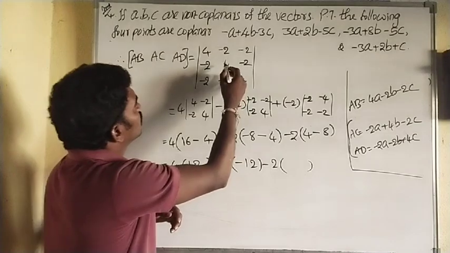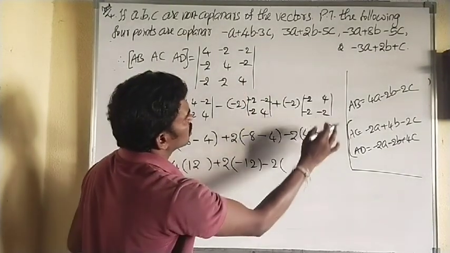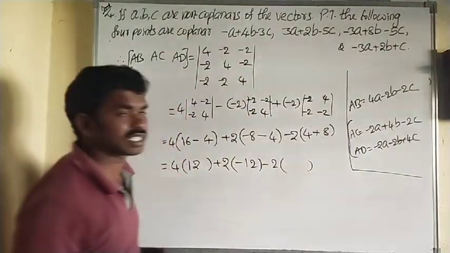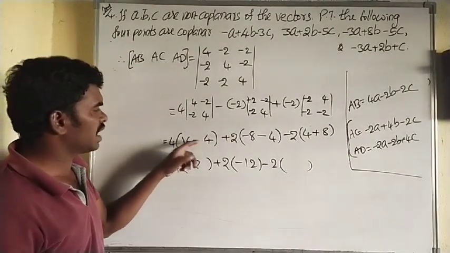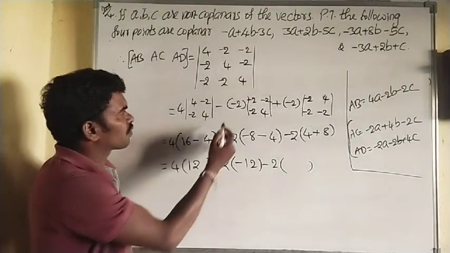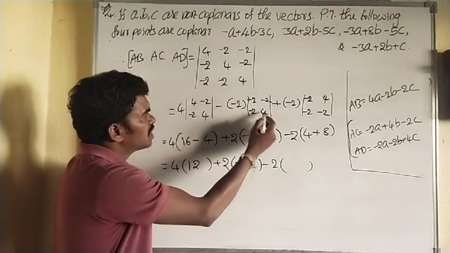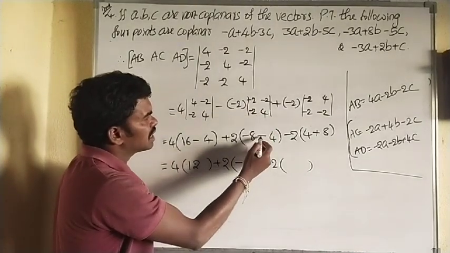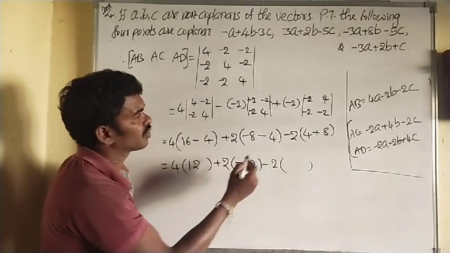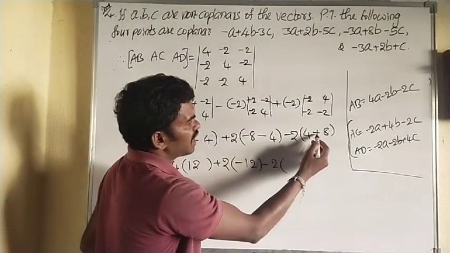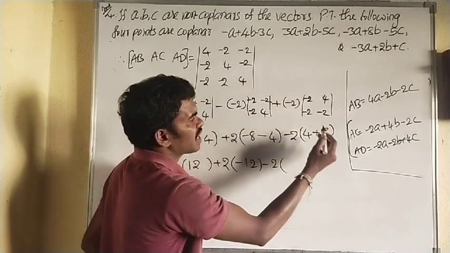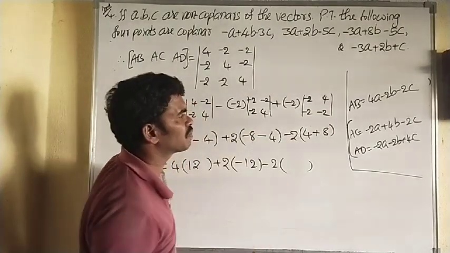And where here it is plus 4. So it becomes plus. Once see again. 4 into 4 is 16 minus -2 into -2 plus 4. Minus into minus plus 2. -2 into -4 is -8 minus -2 into -2 plus 4. And plus into minus -2. -2 into -2 plus 4 minus -2 into 4 is -8. Minus of -8 means plus 8.